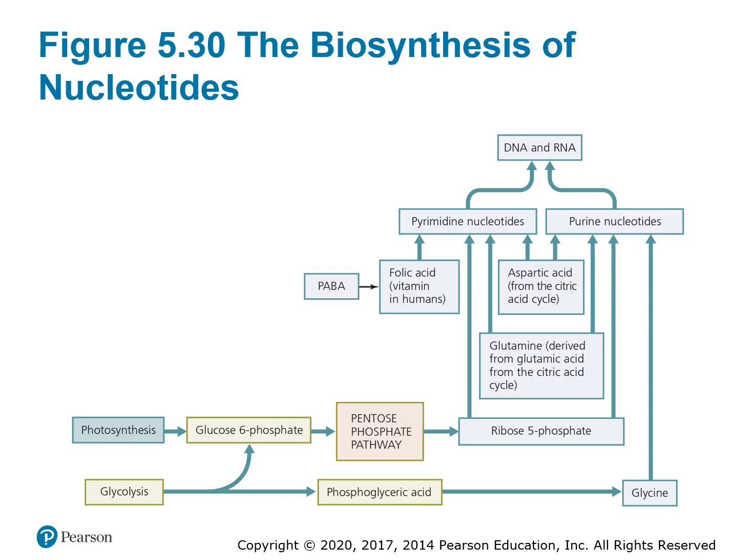And then when it comes to nucleotides, the process is really similar to most of the other ones. As long as you have some of those precursors, they can eventually go into the different pathways. Here, through the process of glycolysis, you can have a glucose 6-phosphate, or have that coming directly from photosynthesis. And if this microorganism goes into the pentose phosphate pathway, you can create ribulose 5-phosphate, and then from there create pyrimidines or purines, and with the help of things like PABA, can be converted into folic acid, or the aspartic acid from the citric acid cycle can be used to add to those nucleotides, eventually synthesizing DNA